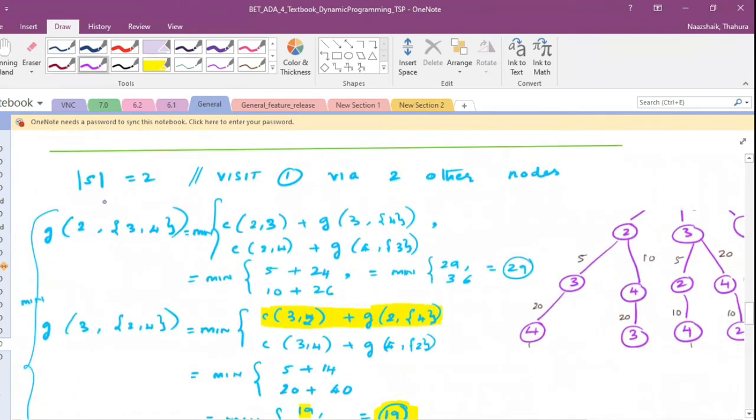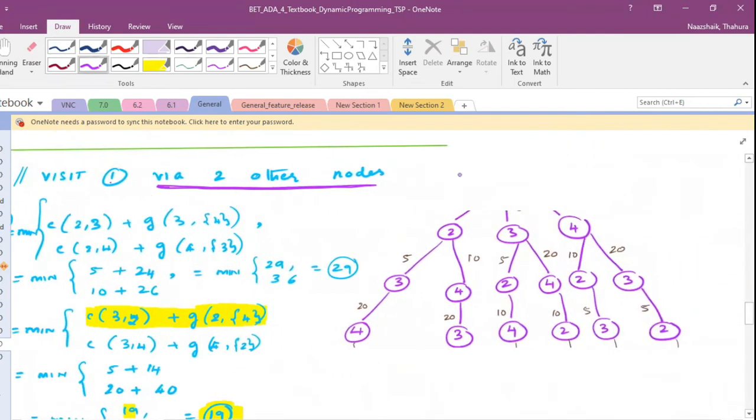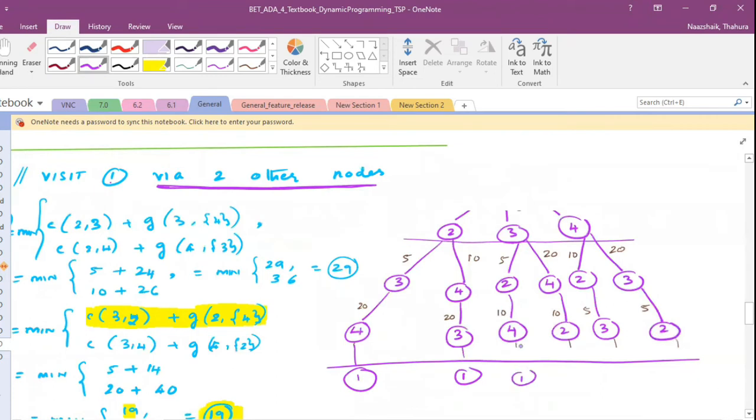What is next step? Here your size is 2. What does this mean? You have to visit 1, but in between you have 2 other vertices whom you are supposed to keep. Like basically you have to visit 2 other vertices before reaching 1. So in your graph, if you see, this is a little up picture I have taken, right? So you know that you have to visit 1, okay? You have to start here, you have to visit 1. Right? And you have to keep 2 vertices in between. So you have these many combinations, right? So let us write down those combinations.